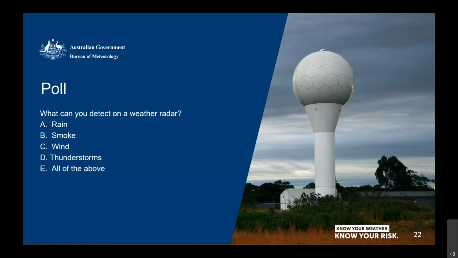Living in Geelong, I obviously like the Laverton radar, but like my children, I have no favourites. I love all 62 of them. And what about you, Kirsty? I'm also Melbourne-based, so I do regularly look at the Laverton radar, although I have a bit of a fond spot for the Broadmeadows radar, just because that's where I do some of my training. Okay, there we go. Jack, make sure you let us know what your favourite is, if you've got one, we'd like to know.